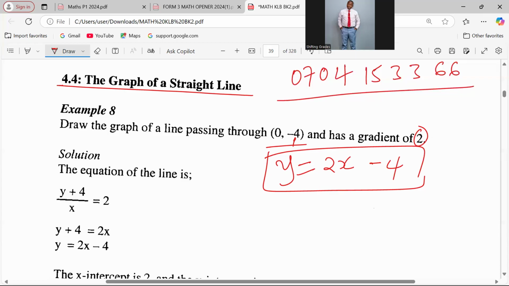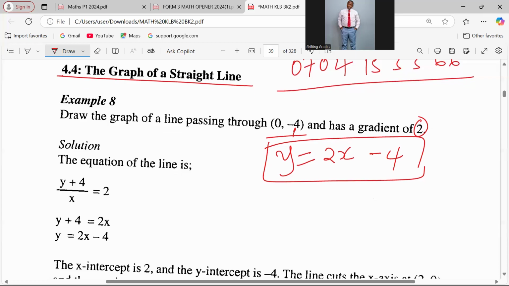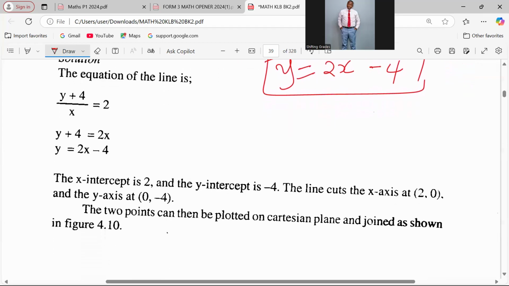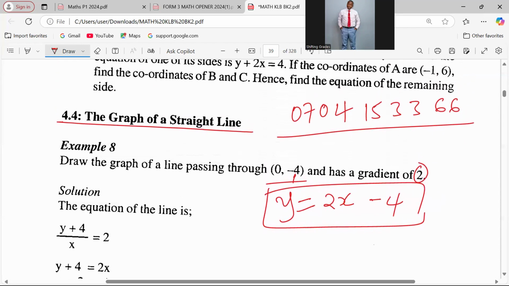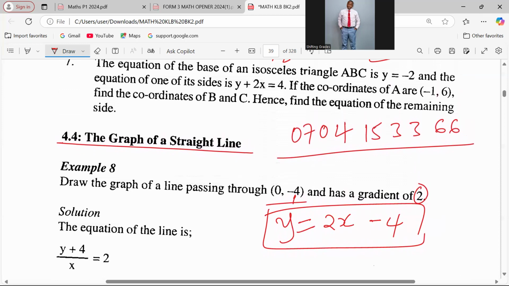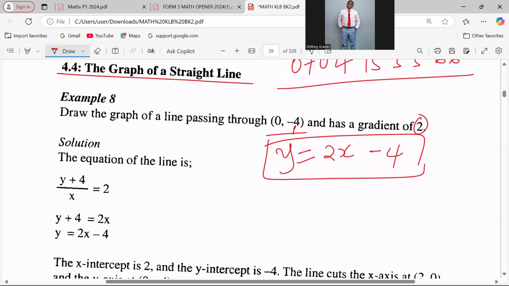And what are these other few things? We can talk about some coordinates for us to plot the line. So one of the coordinates is here. So we can get another coordinate. That coordinate will be